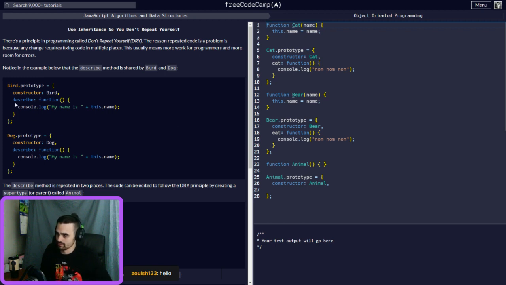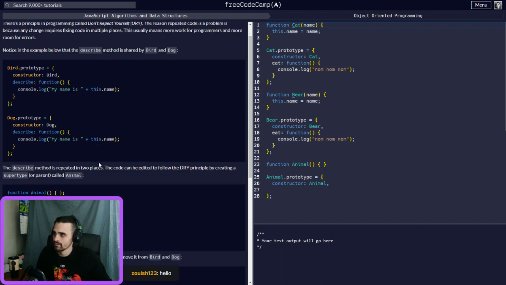You can see the describe function is the same as this one right here, so we're technically repeating ourselves. Instead of saying the same thing in each one, it would be better to create a function where you can just stick it inside here and then it'd be fine.